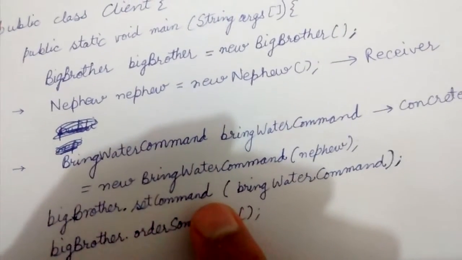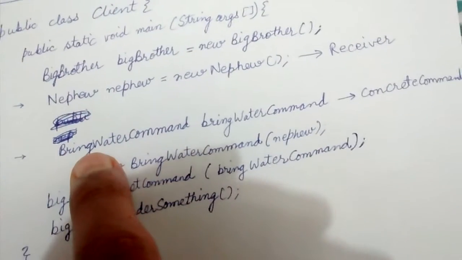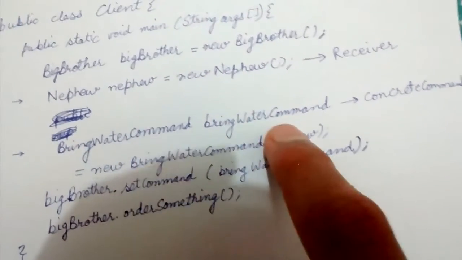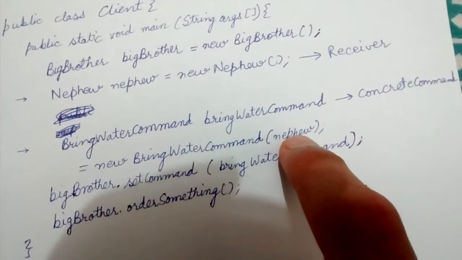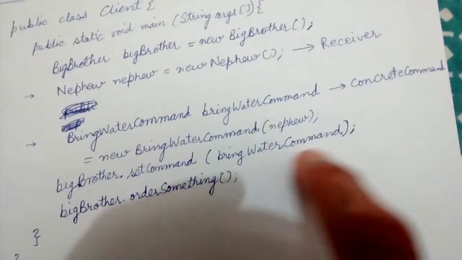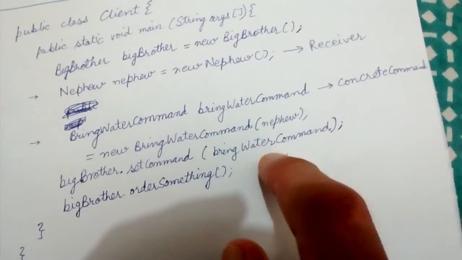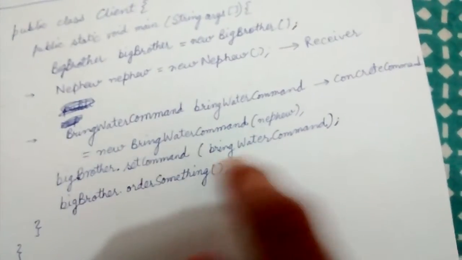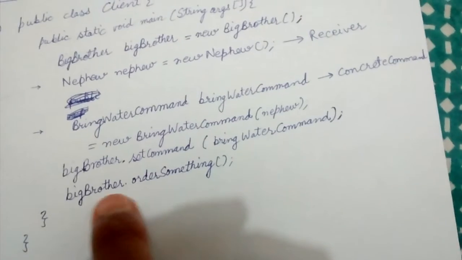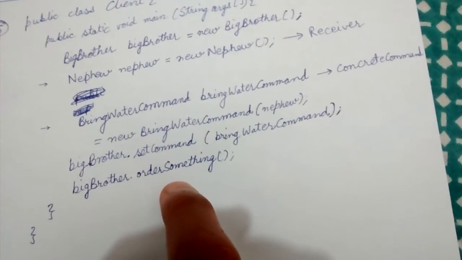Suppose in set command, we have created a cousin object and we have created a clean room command instead of this and passed the cousin object to it. Whatever clean room command object I have got, I set my big brother's command as that. So big brother dot set command clean room command, and in the next line if I do big brother dot order something, it will in turn call